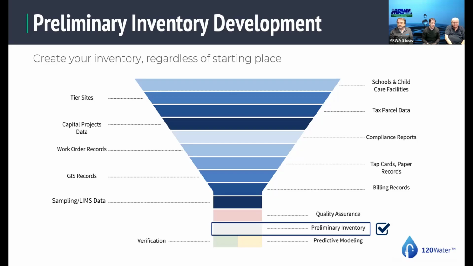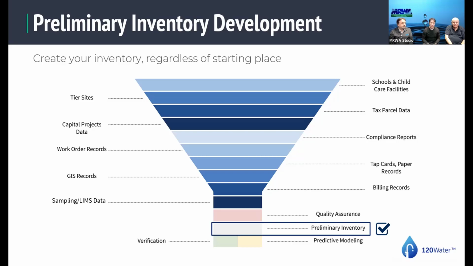Missouri is unique in that there's funding for the schools to do their own testing. You guys are still gonna have to verify the lines after 24, but hopefully, and I've read up on the program, it'll take care of a lot of what has to be done with them. The tier sites, as been discussed on multiple levels, are all going to change, but the new ones are going to be based on what you produce to turn into DNR. Any as-built, capital projects, any kind of ordinances, all of this is going to work to get that preliminary inventory.